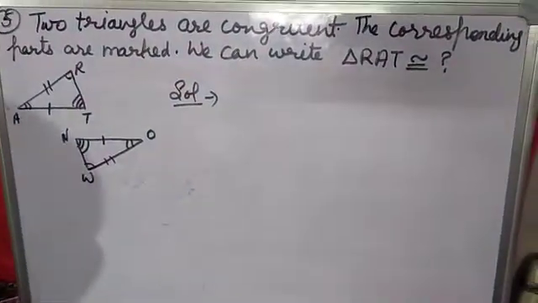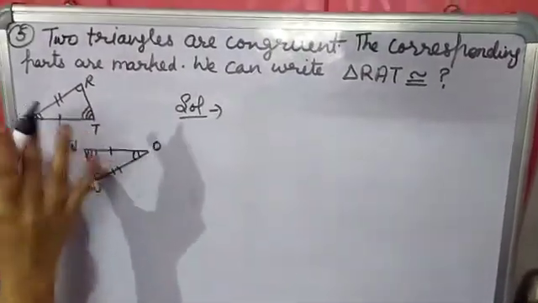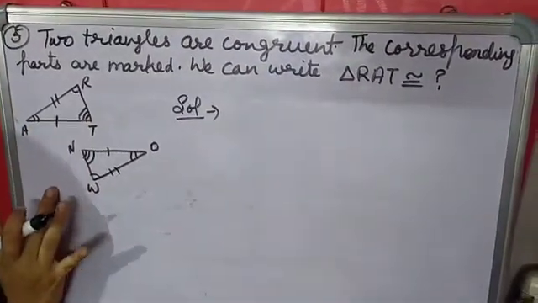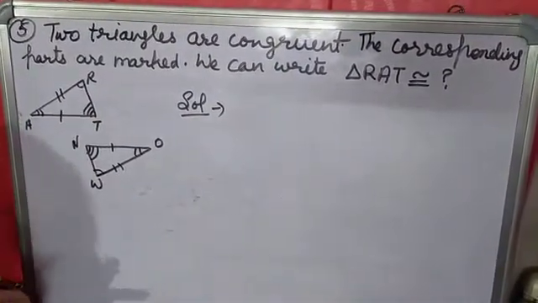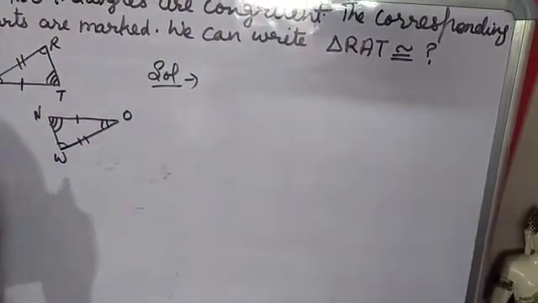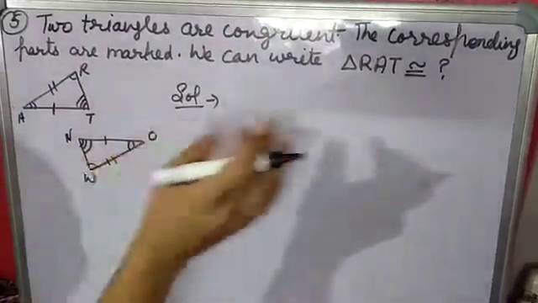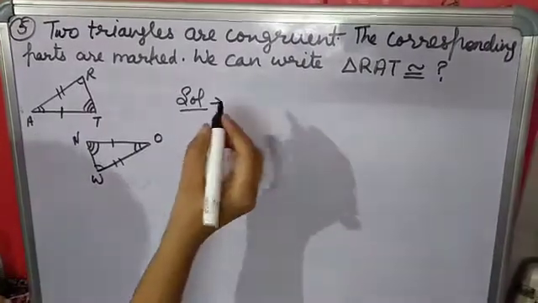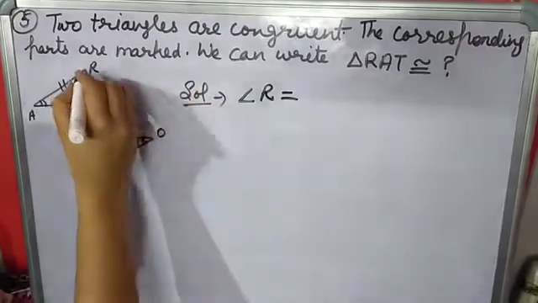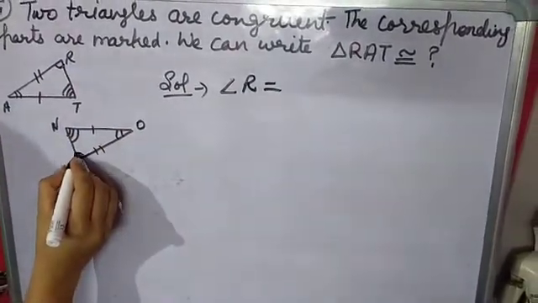Okay, now look at this carefully. We have to match only corresponding parts here. Now, because both triangles are congruent, all angles are equal and all sides are equal in this triangle. We can use angles also or we can use sides also. Three angles are given, so by using these three angles, we will find the name of the second triangle. You will write here angle R. This angle R is equal to angle W, right?